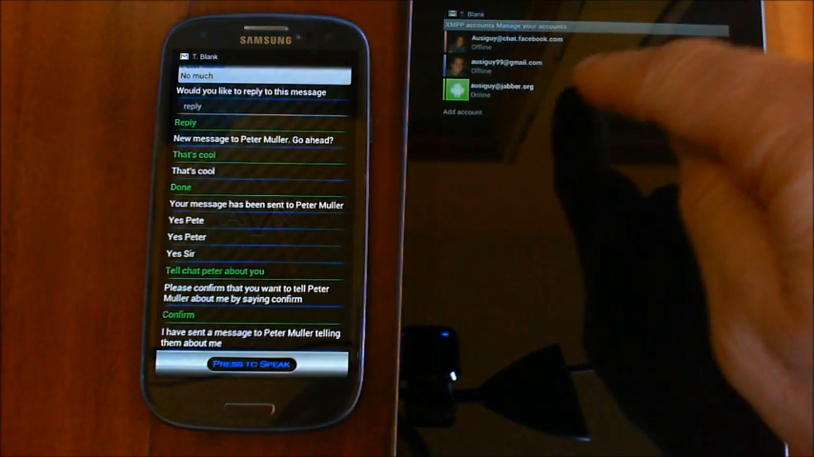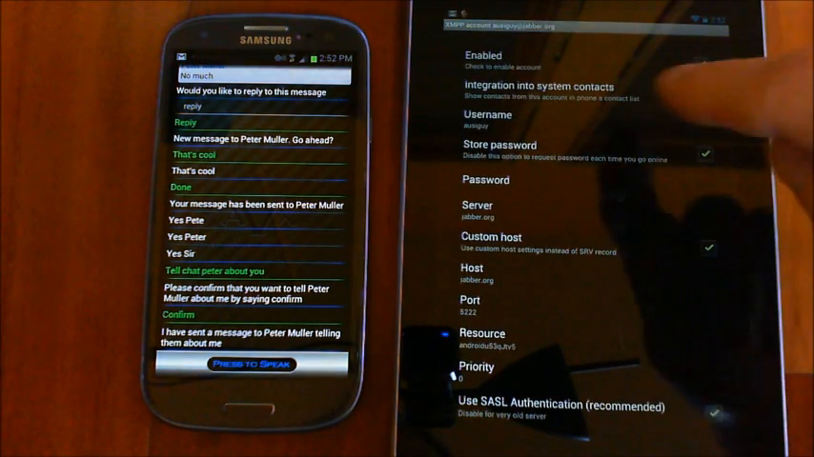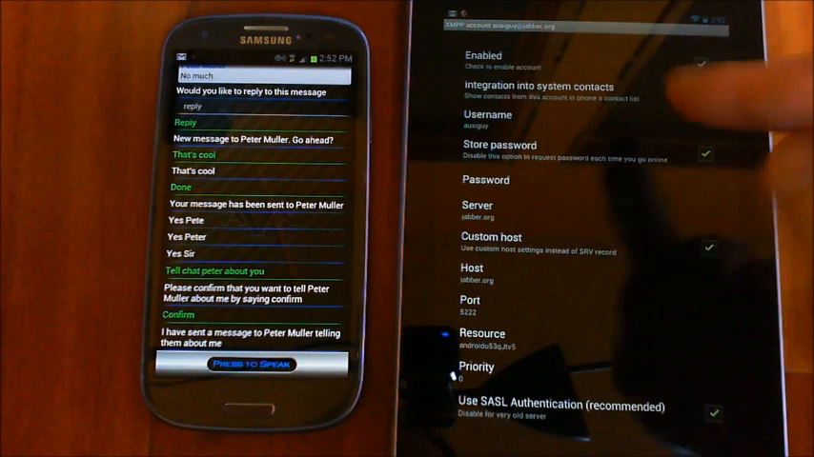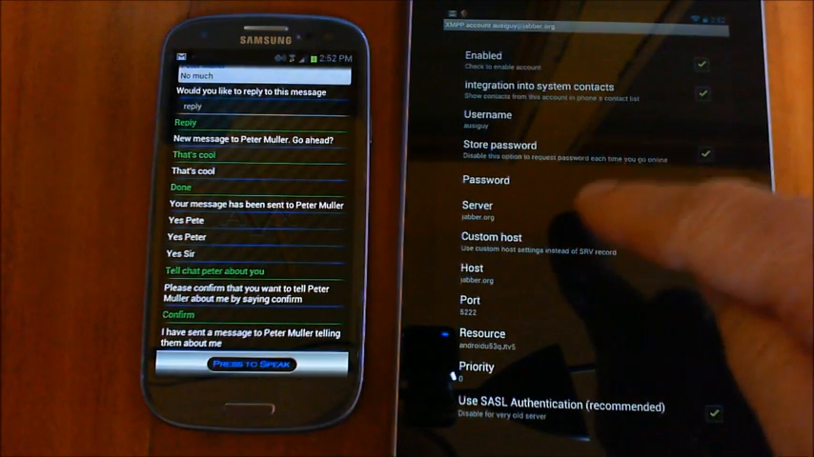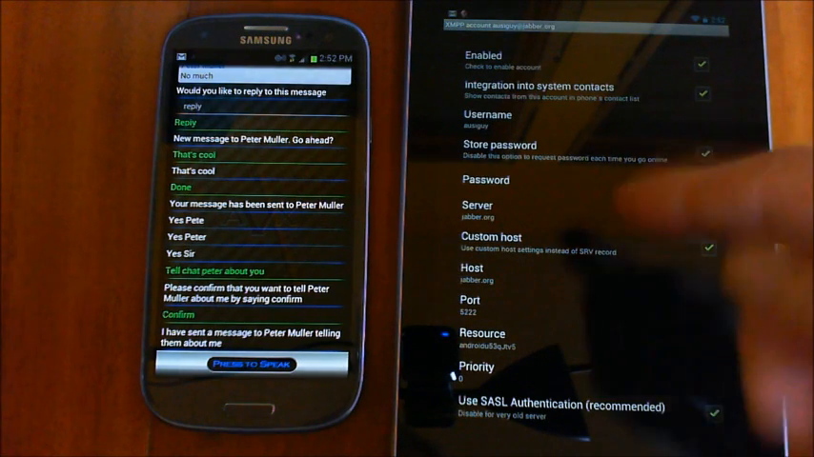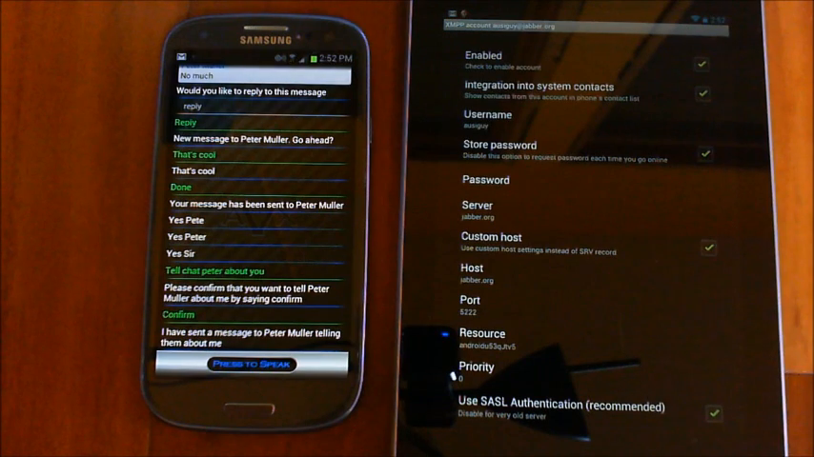I've got a couple different ones here set up. You would set up a new account here, and when it walks you through, you just put your username and your password in there. And I think by default, when you first set it up, it automatically puts all the defaults in there, so you don't need to know all this. You just basically say, I want to set up a new account. You'll choose Jabber, and